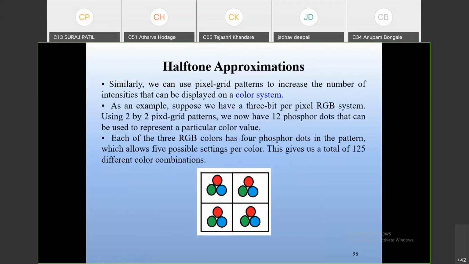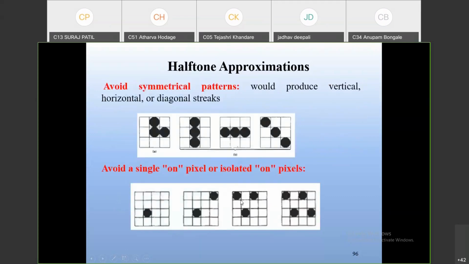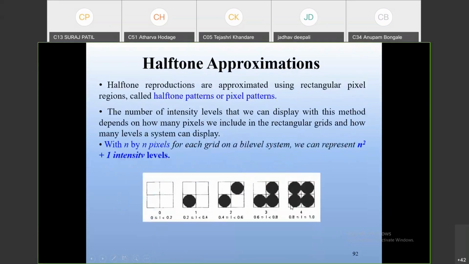Now colors. The same, you can observe, is a 2 by 2 pixel grid pattern. But here in the 2 by 2 pixel pattern there is only black color, either white or black, either on or off. If off, no black color is there. If on, there are some black dots on.